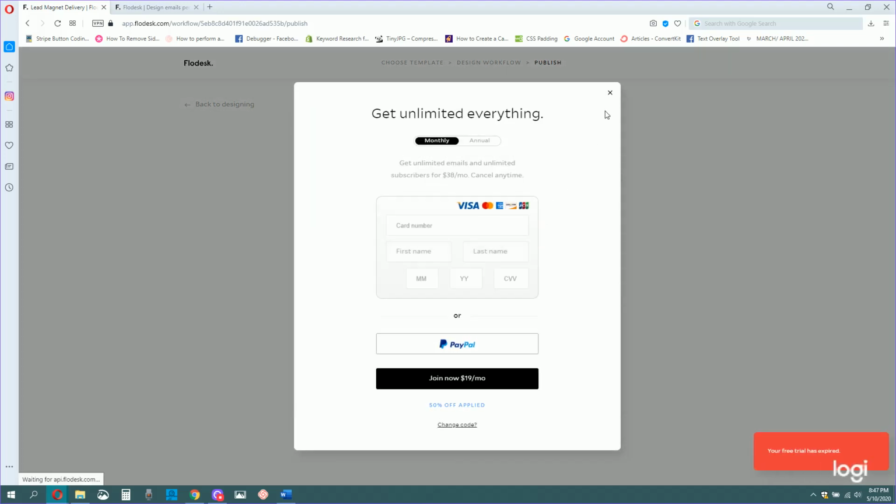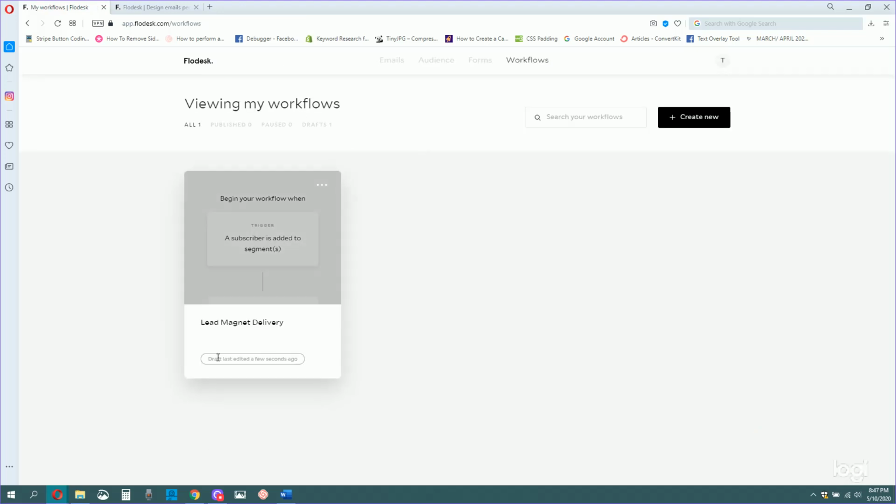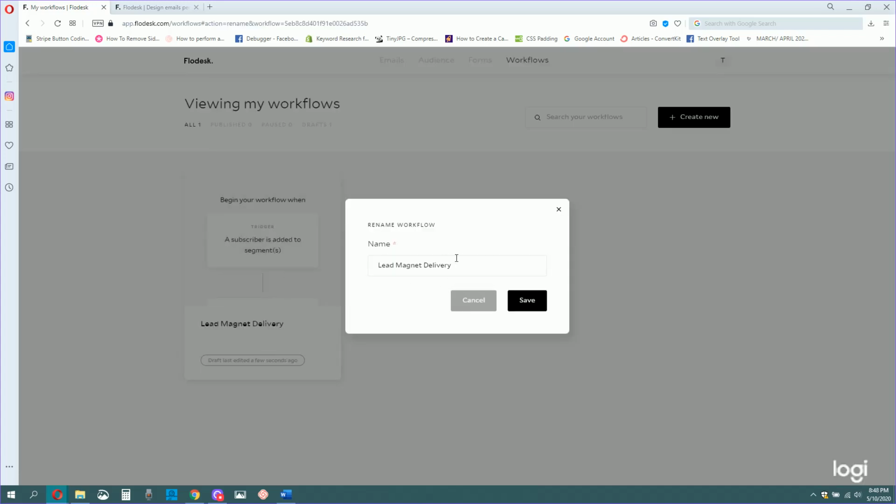And when you publish everything and come back to your workflows, you'll see down here that it is published and live. And if it's not published and live, it'll say draft. So you'll know that your lead magnet delivery is ready to go and working when it says that it's live down here. Another thing you can do is click these three dots and rename it. So instead of just random lead magnet delivery, we can call it fashion lead magnet